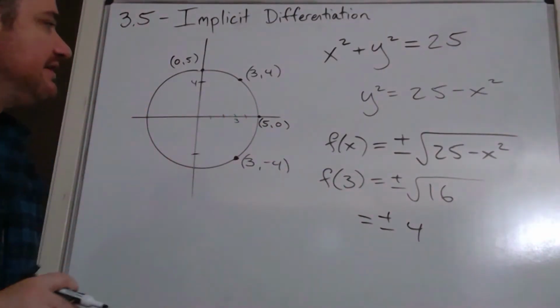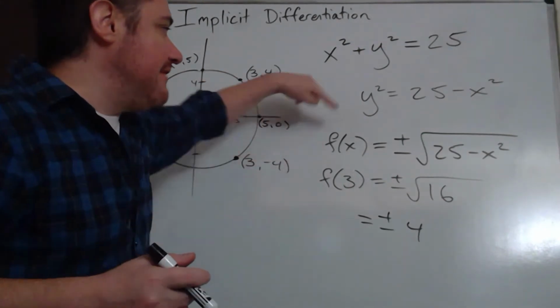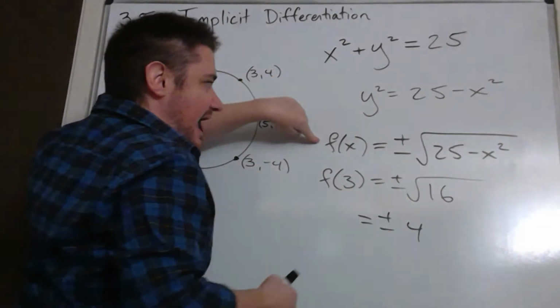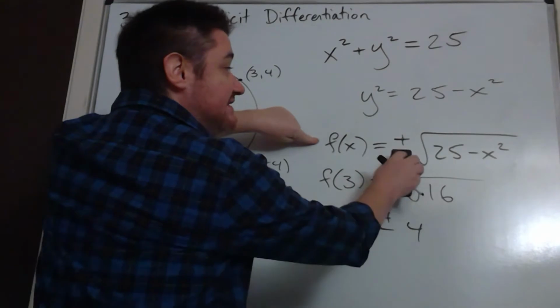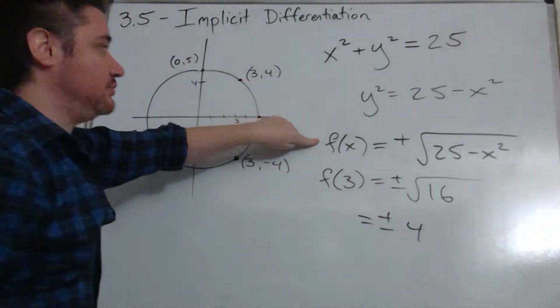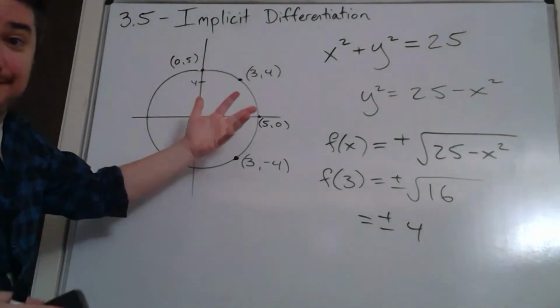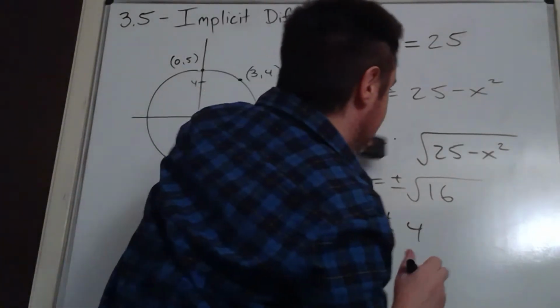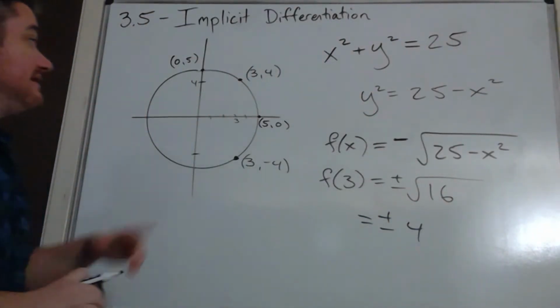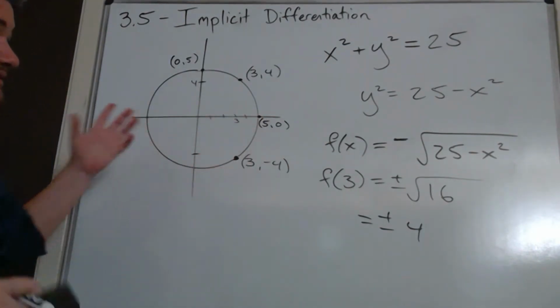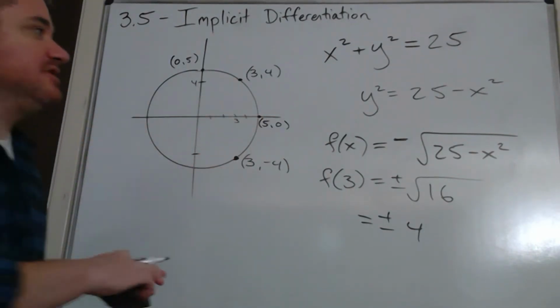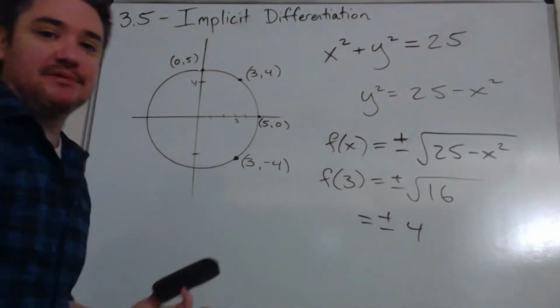It's not really a function. Could you go this route and write it explicitly? If you just take the positive square root, that's actually this semicircle. That's the top of the circle right there, and that's a function. And then if you say, well, let's make a second piece with the minus, that's the bottom of the semicircle. That's a function in its own right, but when you attach them with the plus and the minus simultaneously,